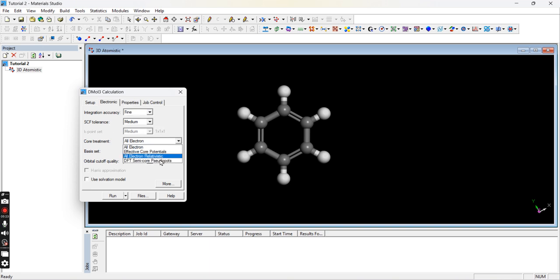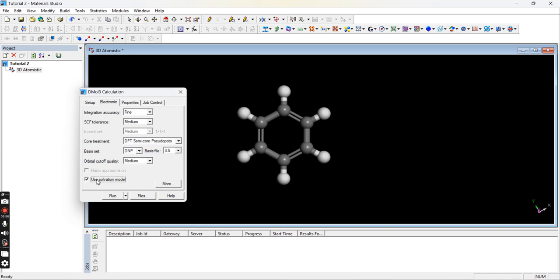Here you see DFT semi-core pseudopotential. So you click here for DFT. Here you have a DND. I select DNP, the most common methodology here. The basis file is 3.5 or 4.4. I select the default 3.5. And if you study the process in any solvent, you choose the solvation model here. So in these properties,